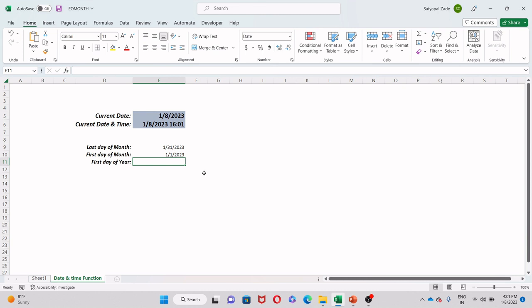So now, last but not the least, first day of the year. This one is a little bit tricky. There are a couple of ways to do it. The first way is to just copy and paste that same formula that I just wrote down. So I'm going to do that. Equals